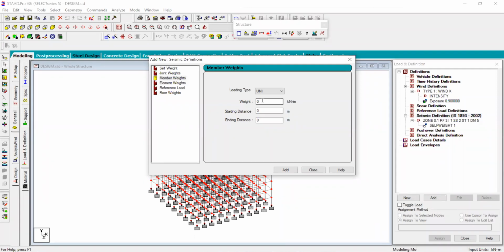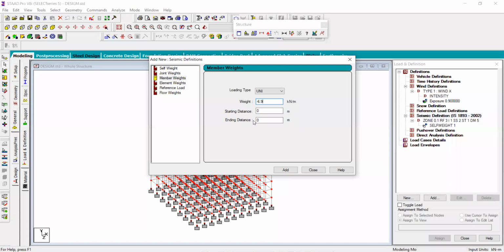When you apply this, it comes approximately 20 into 3, 60, multiplied by 0.115. Its value comes approximately 6.9. Then you give the value as minus 6.9, and you leave the start distance and ending distance.